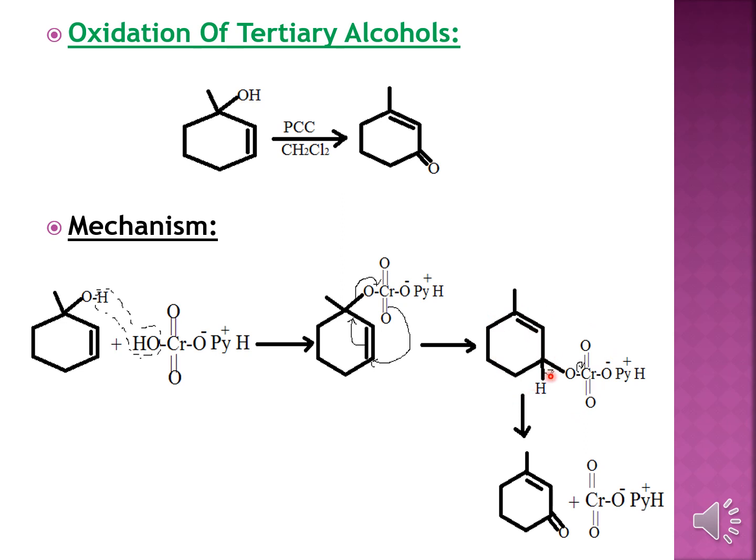Once it is formed, you can see this whole group shifting over here. Once this group is shifted, you have to open up this hydrogen, and then there is a shifting of the hydrogen bond and the cleavage of this whole moiety. When this gets cleaved, you end up with the ketone molecule. Okay, so moving on to the next.